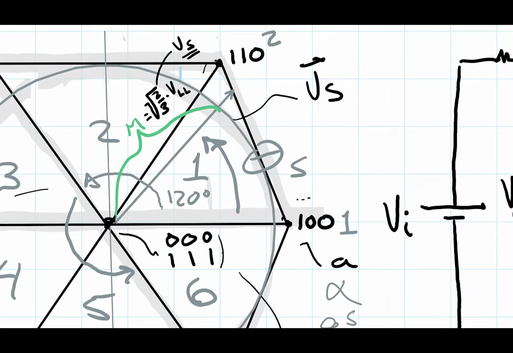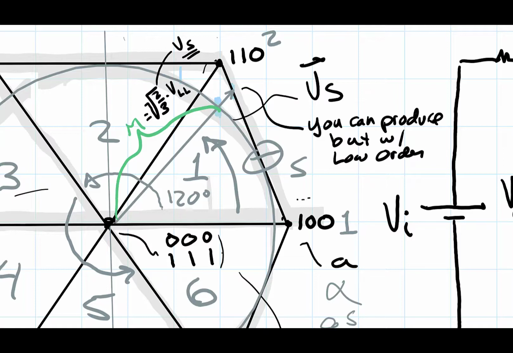Now in sine triangle PWM, if you go beyond this point right here and you're operating out here, you can produce a higher voltage but with low order harmonics. Otherwise, when you're inside of this circle,